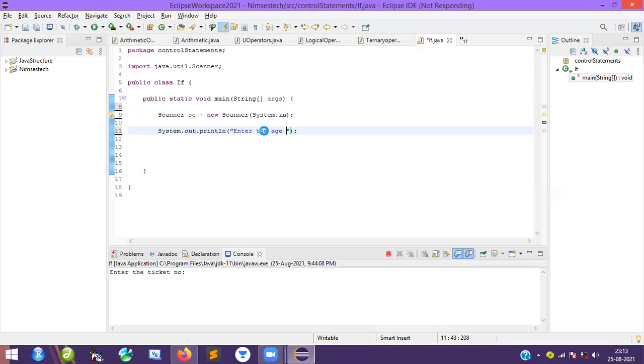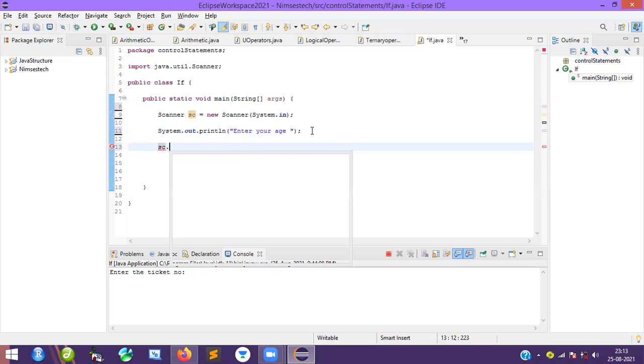Just a moment, a little bit slow here. Okay, enter your age. Done. Now using the object, I am going to call the method.